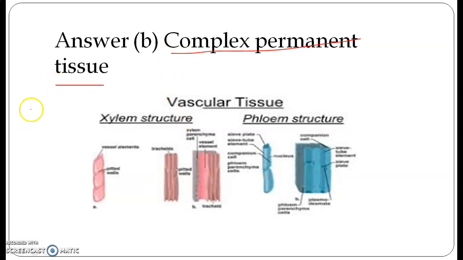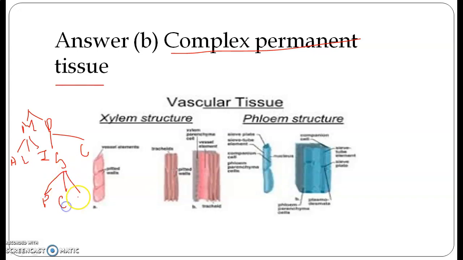Children, you know very well that in plant tissue we have two types: meristematic and permanent. In meristematic we have three: apical meristem, lateral meristem and intercalary meristem. In permanent we have two: simple permanent and complex permanent. In simple permanent we have three: parenchyma, collenchyma and sclerenchyma. Parenchyma again has two types: chlorenchyma, with chlorophyll pigment, and aerenchyma, with air space. In complex we have two: xylem and phloem. These two are also known as conducting elements or vascular tissue, responsible for conduction of water and minerals.